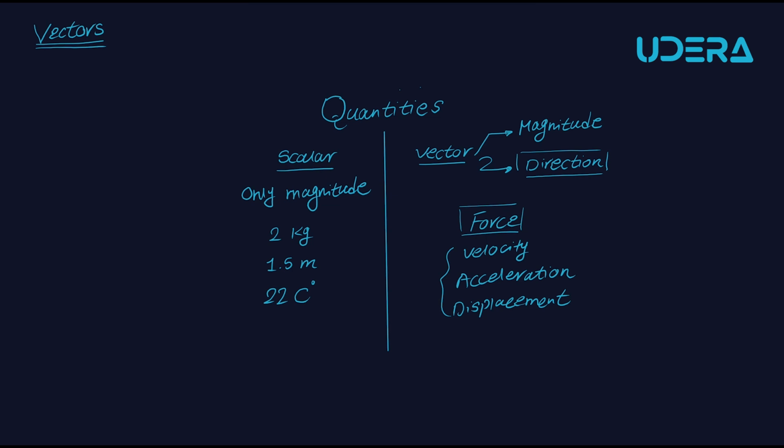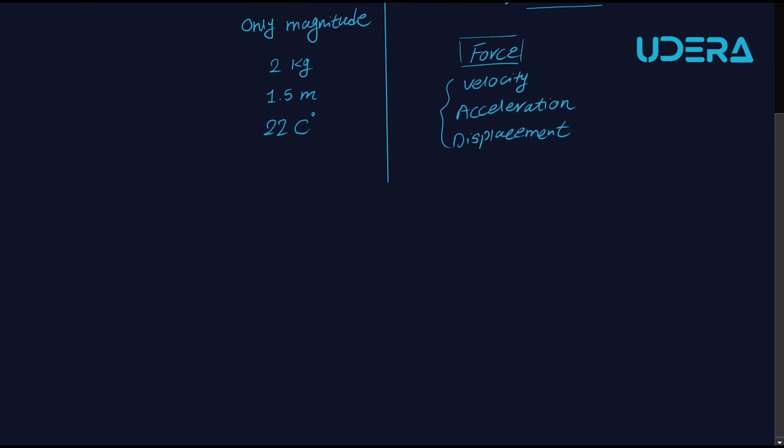Now we have the definition of vector quantities based on the difference between them and scalar ones. Now let's see the